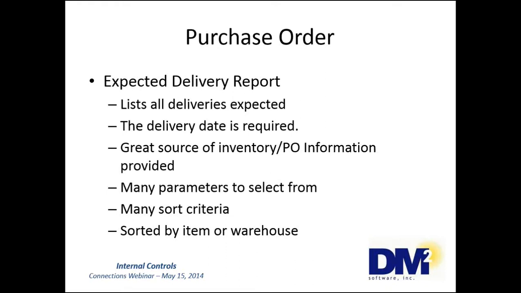Information provided on this report includes the item code, delivery date, purchase order number and date, the vendor number, vendor item numbers, warehouse, unit cost, and the quantity ordered, received, and expected. You can enter a selection of delivery dates, item codes, warehouses, and product lines to print. When sorted by delivery date, the report lists items expected to be received for each date and for each warehouse. When you sort by item or warehouse, the report lists outstanding orders for each item in chronological order. Item totals are provided when the report is sorted by item code or by warehouse and item code.